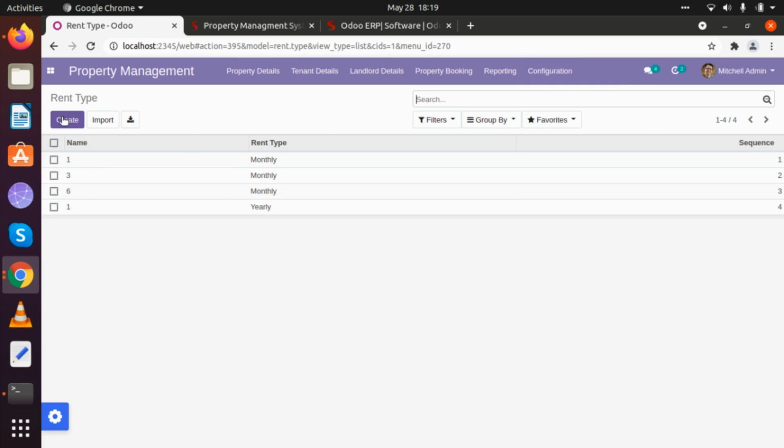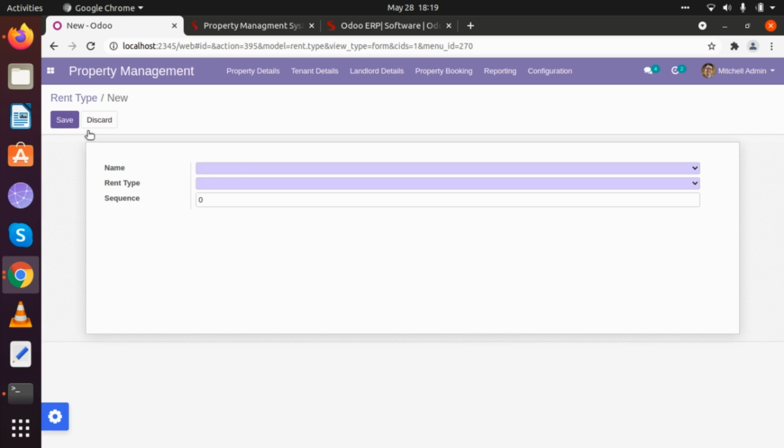Then comes rent. Whenever we want to create our tenancy, we need a rent type, whether it is monthly, quarterly, half yearly, or yearly rent. If we want, we can create our own property rent also.